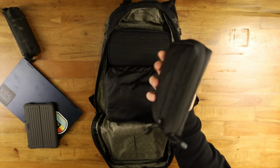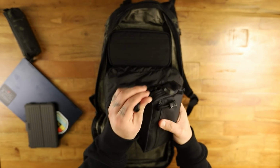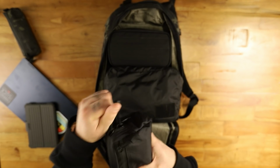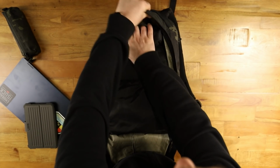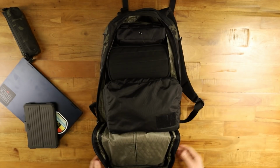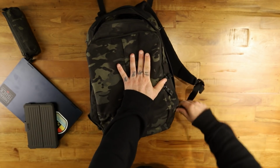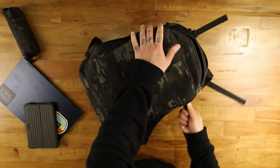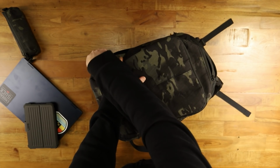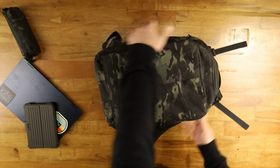My tech pouch for today is this Tad one, this Triple Aught Design one. It just has my chargers and stuff like that in it. That fits up in this top part perfectly fine, like so. And then it will do up. These zippers are number 8 YKK zippers, so they're not particularly big. They don't give me the crazy confident feeling that a lot of zippers give me,